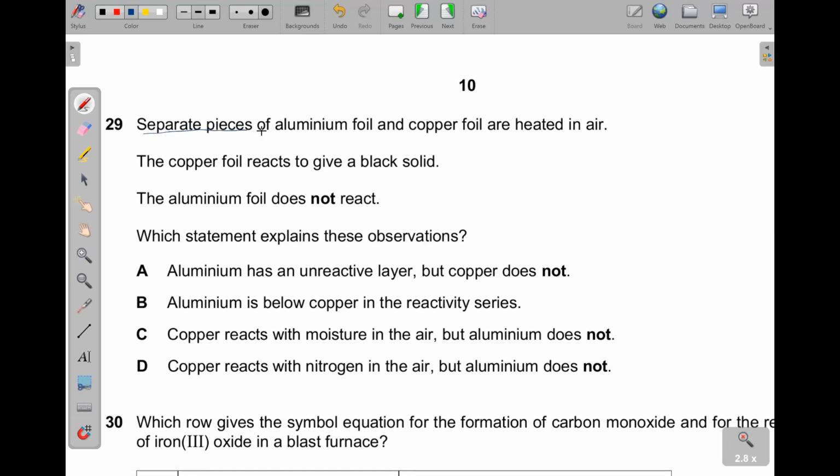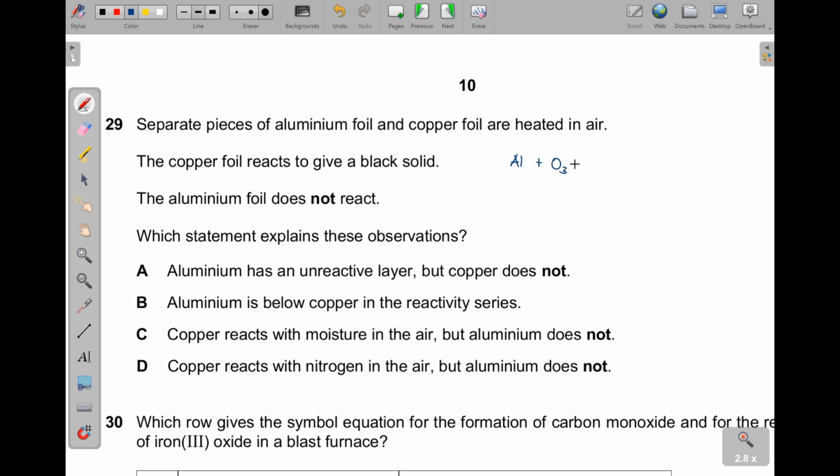Question 29. Separate pieces of aluminium foil and copper foil are heated in air. The copper foil reacts to give a black solid, that is copper(II) oxide. The aluminium foil does not react. Which statement explains these observations? Now, by the time you put aluminium in air to react, it has already reacted. So aluminium actually reacts with